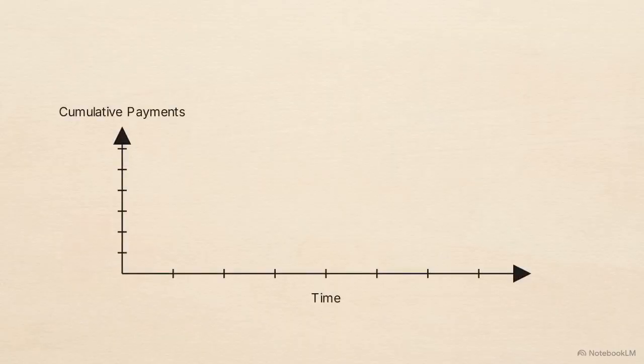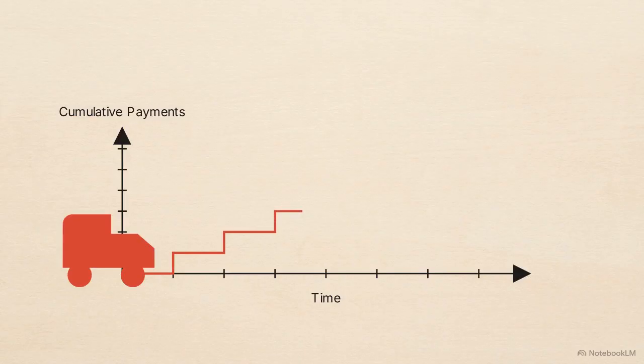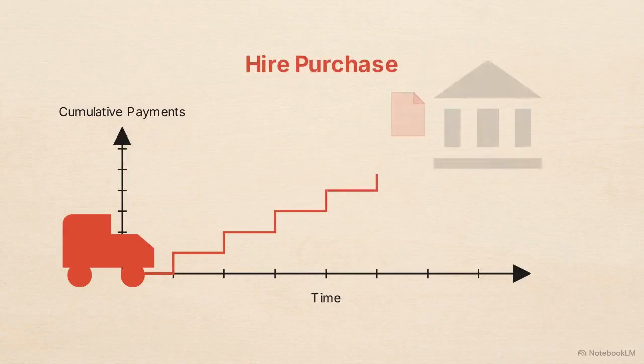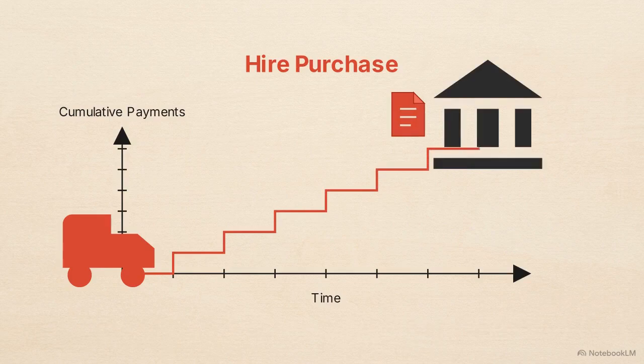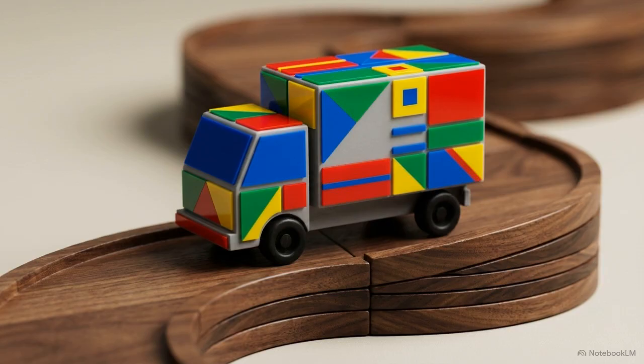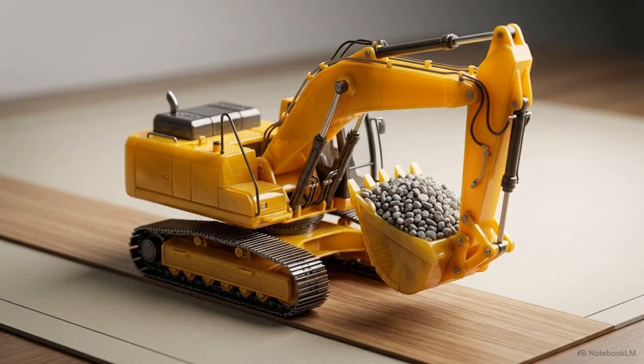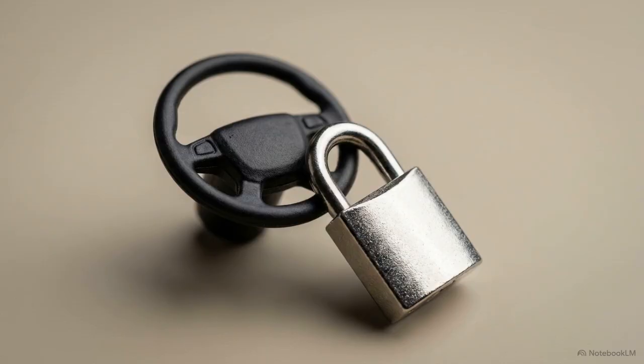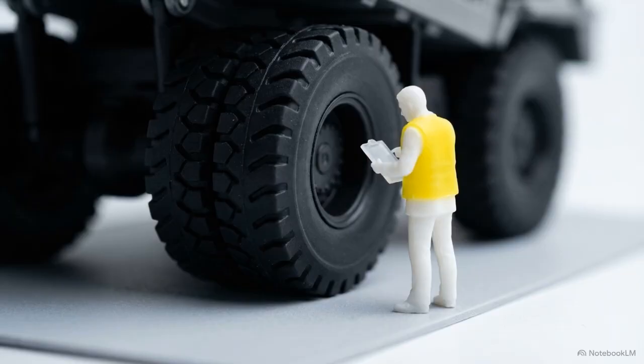This separate timeline tracks a distinct need: acquiring commercial delivery trucks. When the factory cannot pay immediately, this stepped line maps installment payments over time. This is hire purchase. The borrower uses the trucks immediately, but title remains with the bank until final payment. This structure is widely deployed across Nepal to finance commercial vehicles, buses, and heavy construction equipment. Because the financed asset itself serves as partial security, risk management depends entirely on accurate physical valuation and strict monitoring of how the equipment is used.